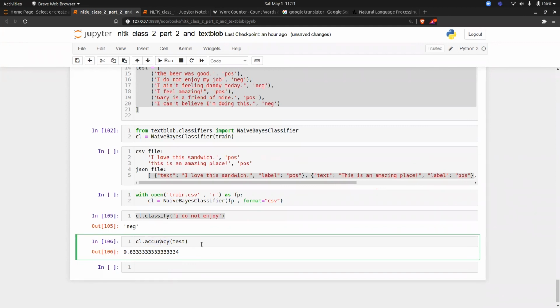Accuracy should be checked if your negatives and positives are almost equal, like 55 and 45%. If it is 90 and 10%, then you have to always go with precision and recall. That's why we have something called a confusion matrix, and it is for that purpose only.